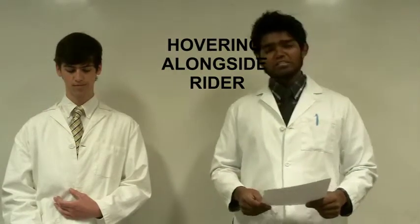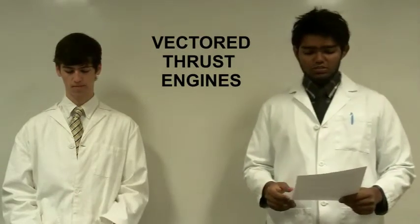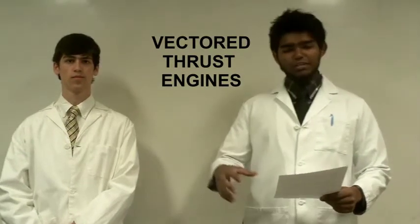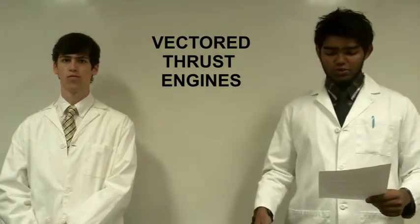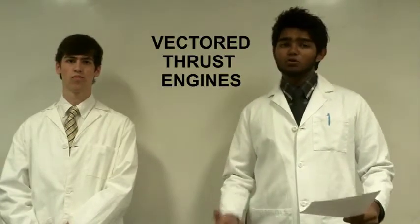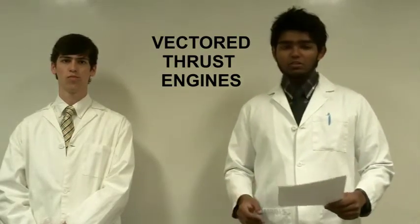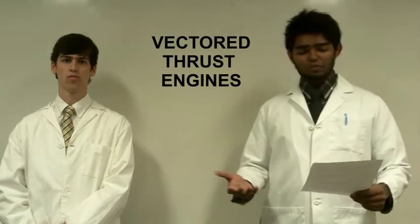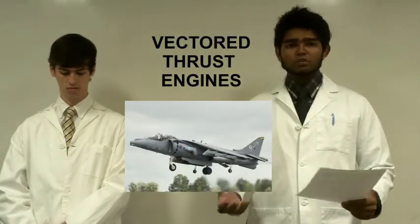One method we investigated involved using vector thrust engines. This is a jet engine that emits a fast-moving stream of air. Rotating the nozzles downward causes air to thrust towards the ground. This in turn results in an equal reaction force upwards. When this force exceeds the weight of the payload, which is basically the skateboard, the payload lifts off from the ground. Airplanes that employ methods of vertical takeoff